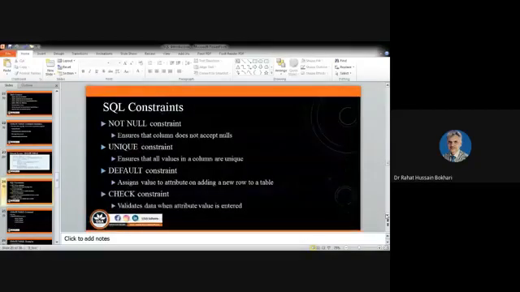So the constraints that you can use with SQL: any attribute may be not null, it may be unique, it may have a default, or it may have a check constraint that validates data when the attribute is entered. Say I enter a value for age that is beyond 150 years, when in the very beginning I declared the maximum value. My system should give me an alert that you are giving a wrong value for this attribute. We have to check it.